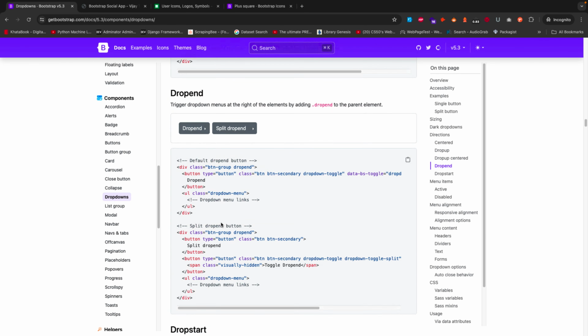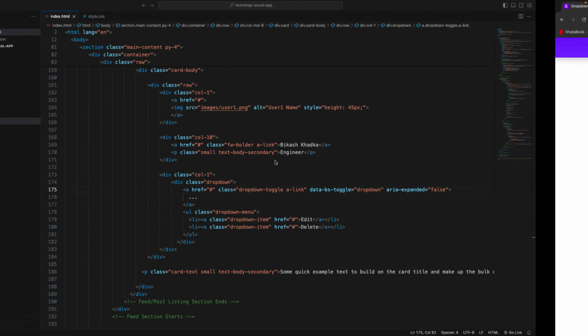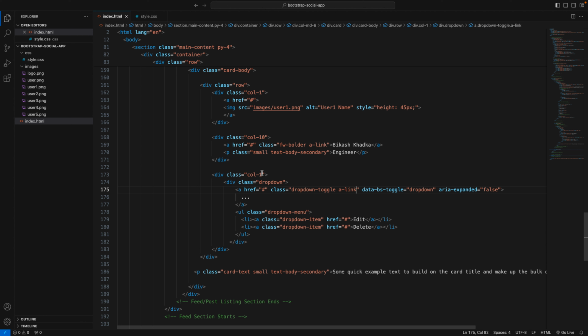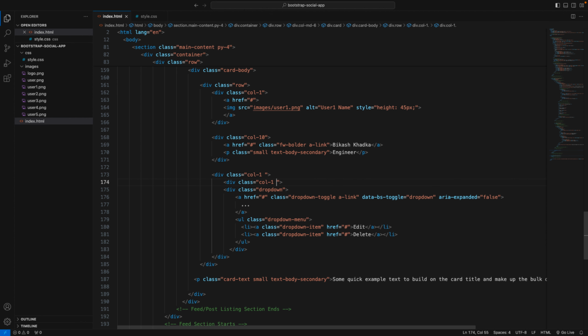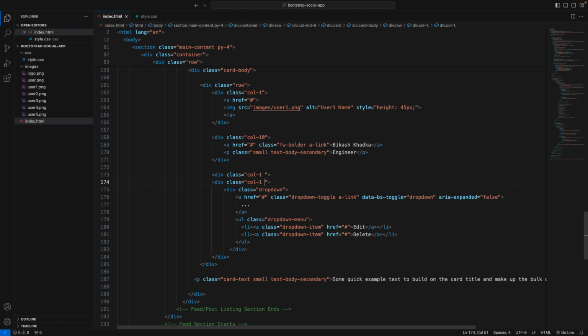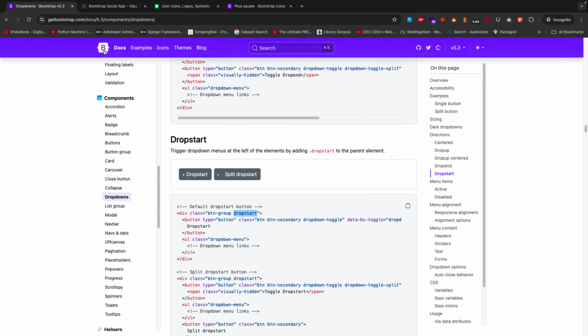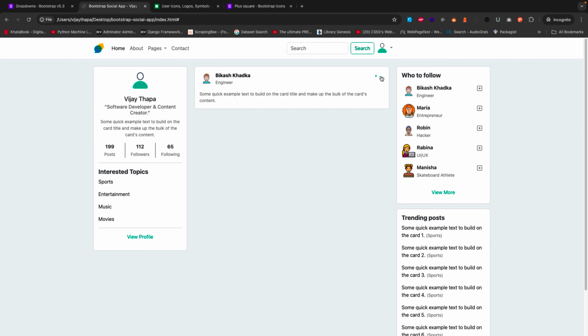So drop end, and here we have drop start, and if we use drop start, it should work like a charm. So let's go back to our code, and we need to add drop start in our main division, which is div column 1. So I'll paste it over here, drop start, copy and save it, Ctrl S or Command S. Let's go to the browser, and if I refresh and click,